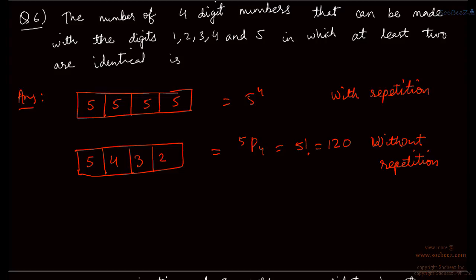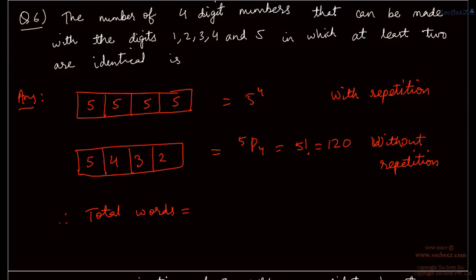Okay. Now the question asks the total number of words which have at least 2 identical digits, right? Now, when we consider the total repetition case, we are considering all the ones in which there are at least 2 digits which are identical, plus the ones in which there are no identical, right? So you can have words which have no repetition, and then there are words which have at least 1 repetition. Now, with repetition actually includes all of these.